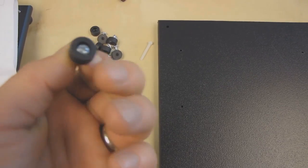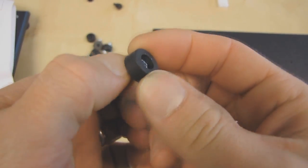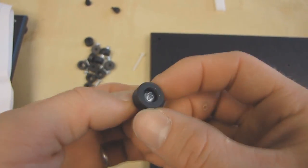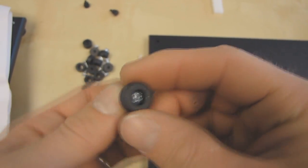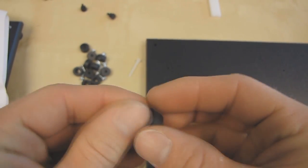The next step is pretty straightforward. We're going to install the motherboard rubber standoff guys. Basically you're going to screw these down tight enough that the rubber doesn't rotate anymore, but not so tight that the rubber starts to pucker. Because if you drive down tight enough, you can put the screw right through the rubber and you may ruin